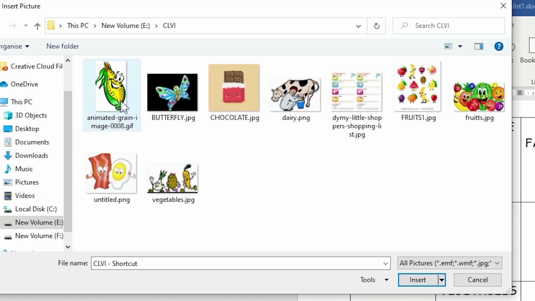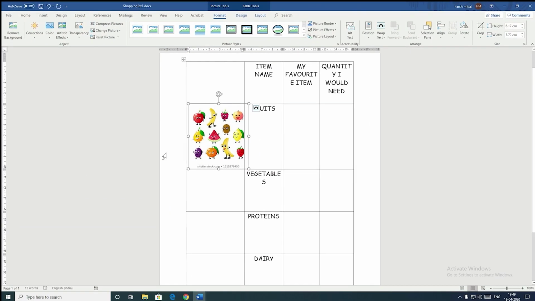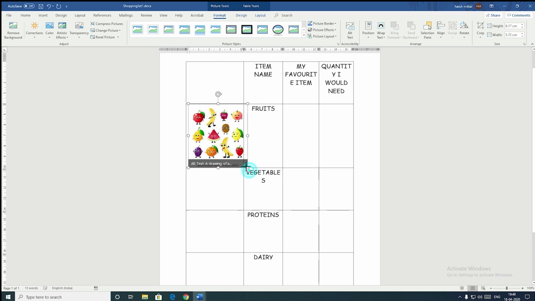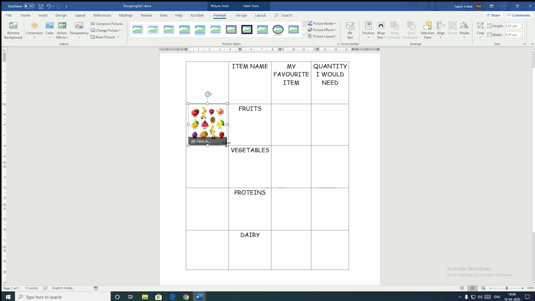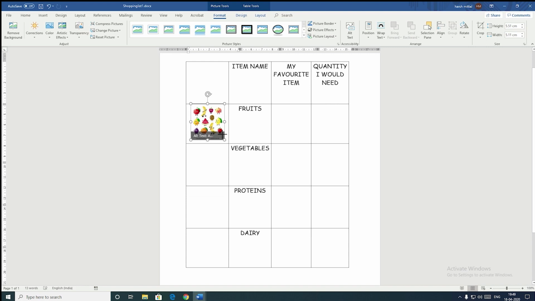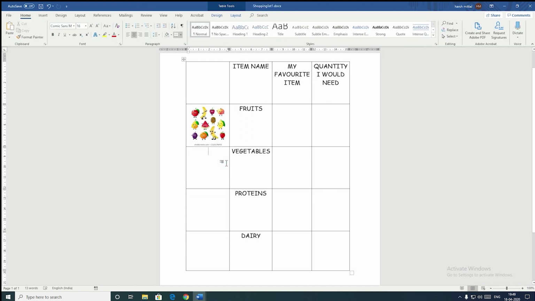Here is our folder. In this folder, we will take the picture of fruits. You want, you can take this picture also, it's okay. This picture also, it's perfectly alright. Whichever picture you select, click on insert. Now the picture has come here. So what you can do is you can reduce the size. How did I do it? I went at the corner of the picture, extreme right corner, clicked and pulled it inside, dragged it inside. So this is the picture of the fruits that I get. Done. Same I'll be doing.